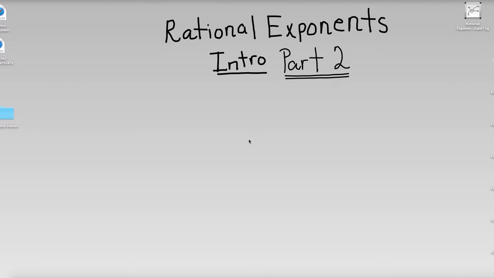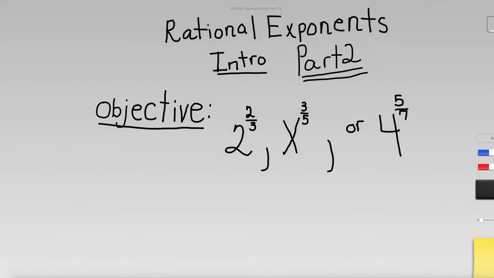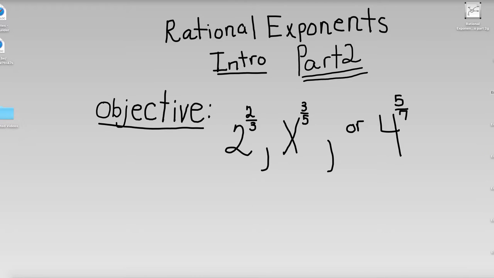Okay, welcome back for part two of rational exponents. Today we're just going to talk about rewriting rational exponents when the numerator is not 1. So that means we're going to rewrite numbers such as 2 to the 2/3, x to the 3/5, or 4 to the 5/7. But before we begin, it's important that we remember how to do a few things